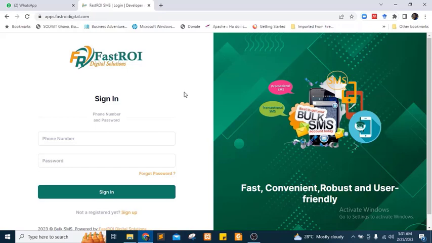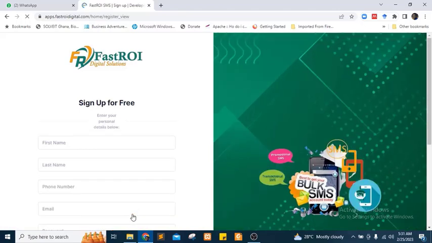This is to give you an overview of the registration process. So to register, you click on Sign Up from the dashboard and provide your information. So I will sign up by providing my name, my phone number as well,